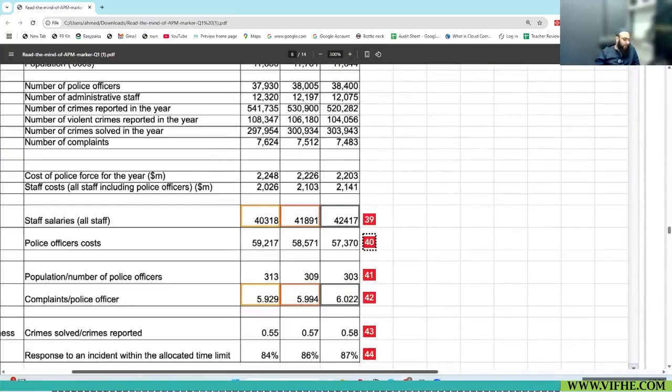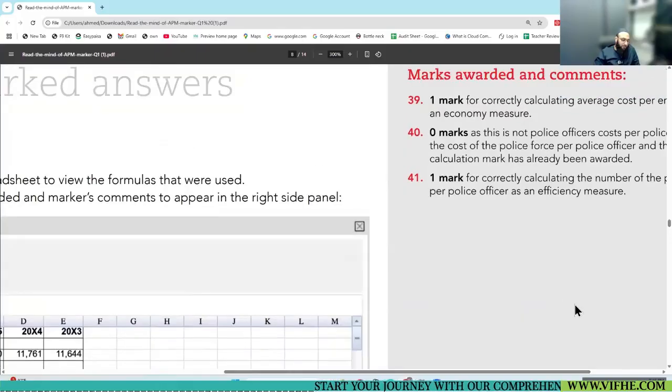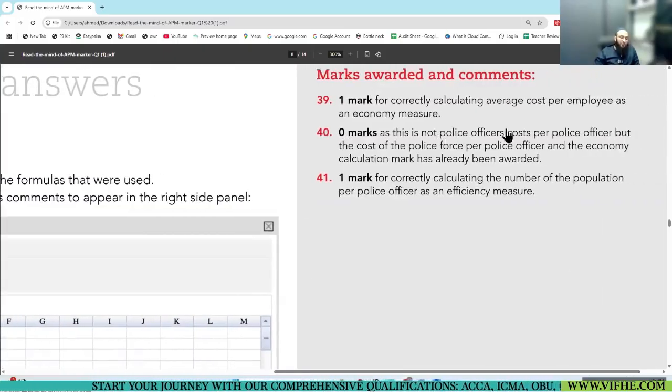40. What is 40? Some police officer cost. I don't know what this is. 0, as this is not police officer cost per police officer, but cost of police force per police officer.